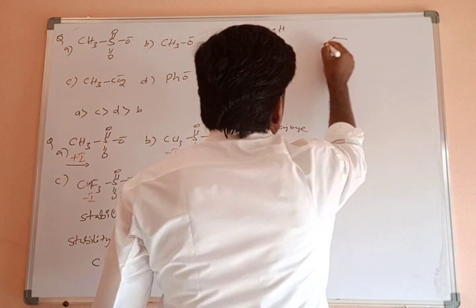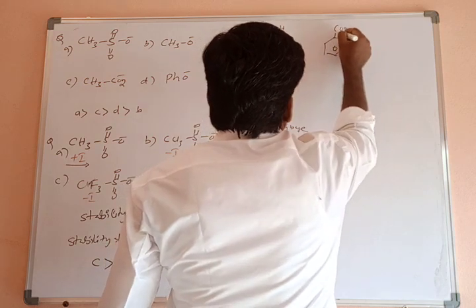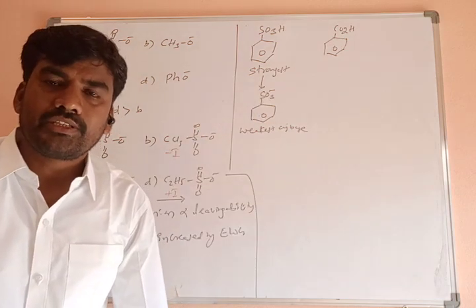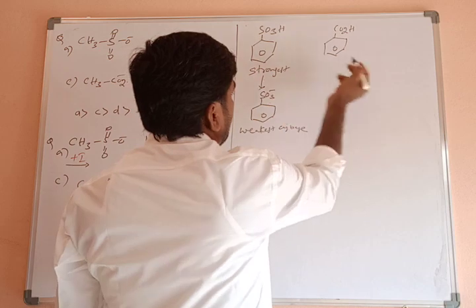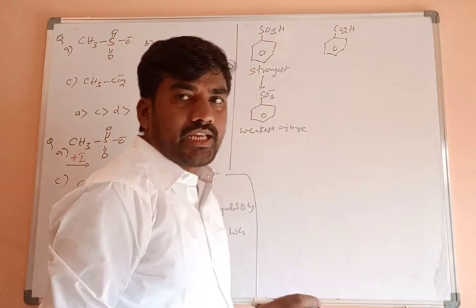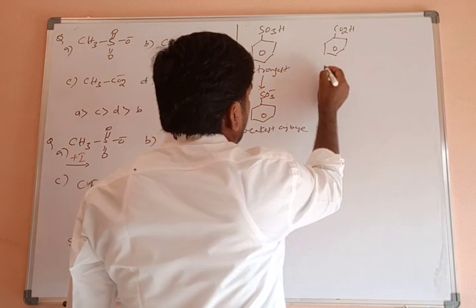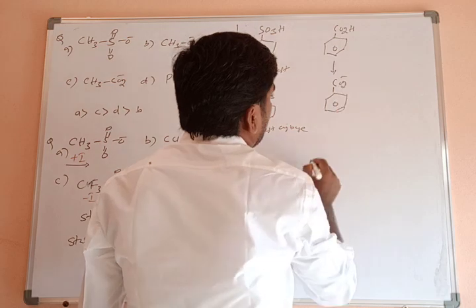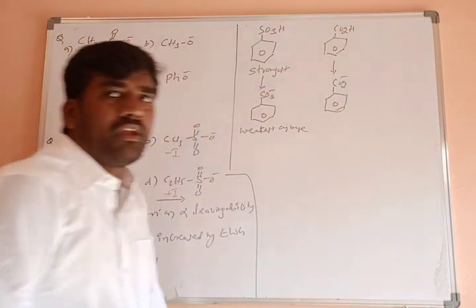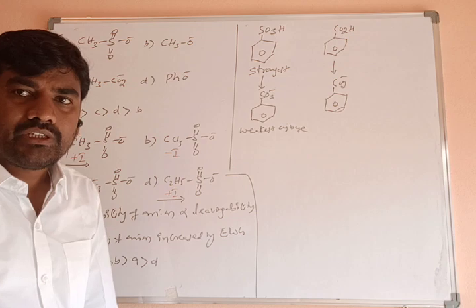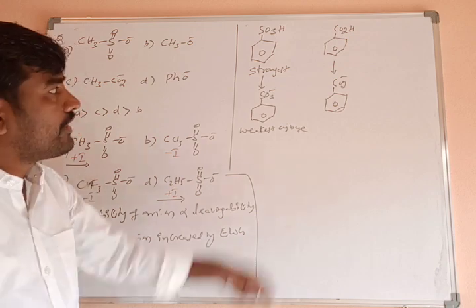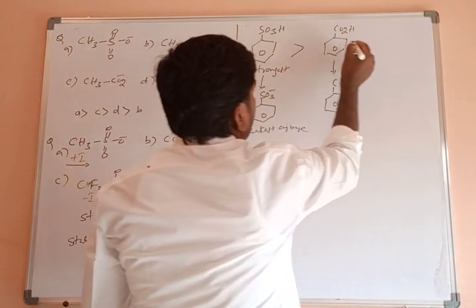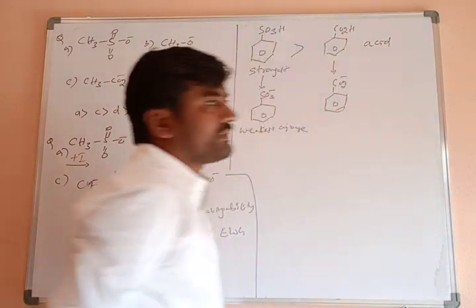Similarly, I am writing a carboxylic acid, CO2H. After the sulfonic acid, the carboxylic acid is there. Benzoic acid is also a stronger acid after benzene sulfonic acid. It also undergoes ionization, producing H plus ion and CO2 negative. It is a weak conjugate base because it is generated from a stronger acid. Now both are acids. Which is the stronger acid? Benzene sulfonic acid is greater than benzoic acid. That is the acidic order.